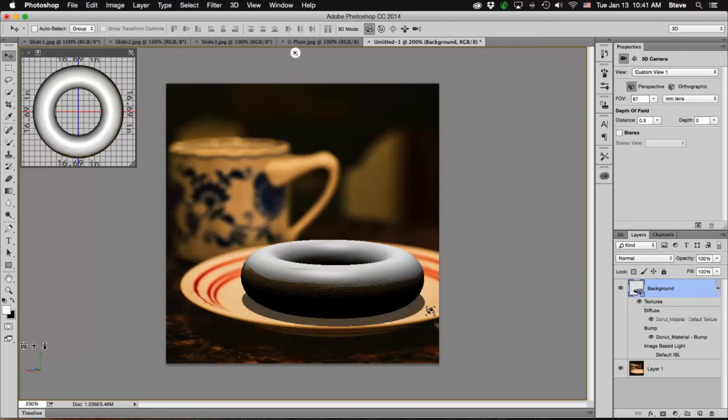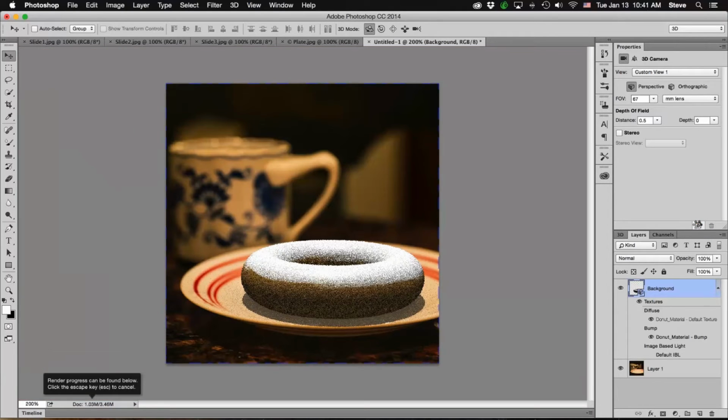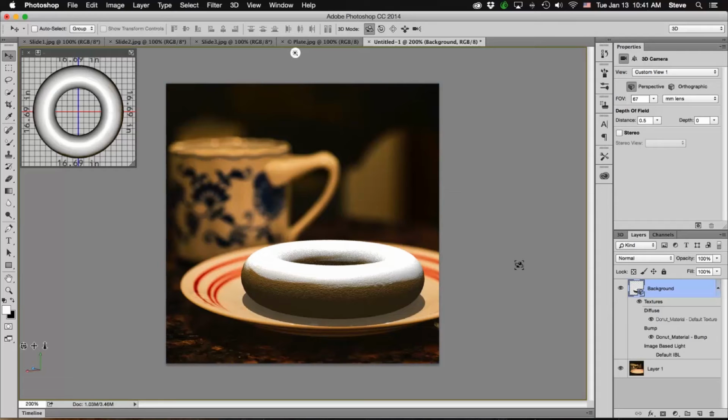And we render from the bottom of the properties panel. We have a render button here. I'm going to click that, and our rendering will begin. There's a little progress bar in the bottom left of your workspace, but you really don't need to let this render all the way. It'll render quite a bit in just the first few seconds. So I'm going to tap the escape key to stop the render, and I can see already that the top of the donut when rendered is really looking pretty hot. So let's make a few adjustments here to our donut,